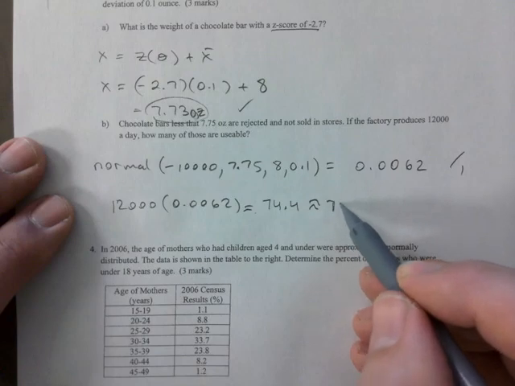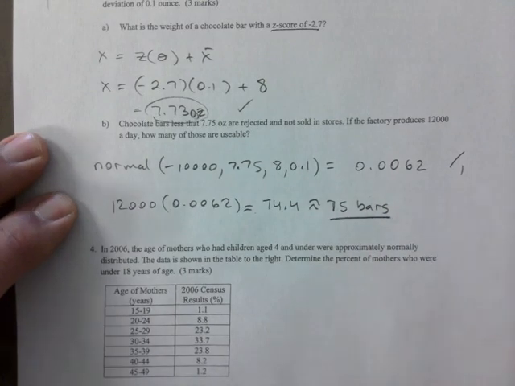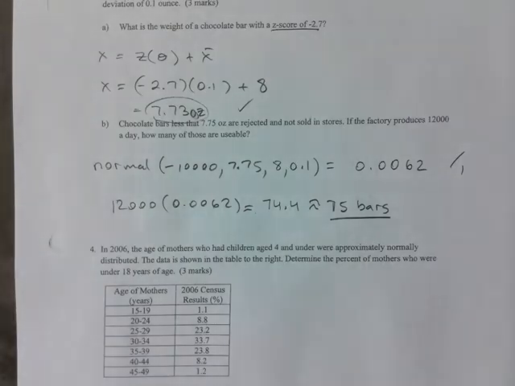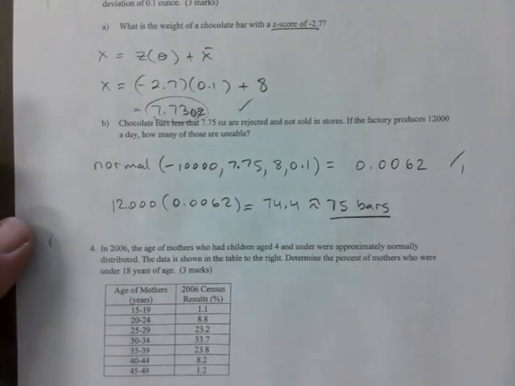I will go 75 because it's safer to assume that you're rejecting more rather than fewer. But either one is fine. 74, 75, the province would have said, you understand that you need to round to the whole number. There are instances where you have to round up. Like if they said, what's the minimum number of bars that you can expect to be, or a maximum. If it's maximum, then 75 is your answer, okay? So keep that in mind.